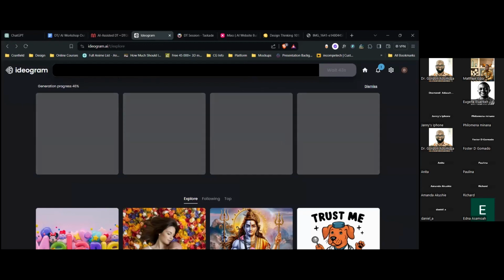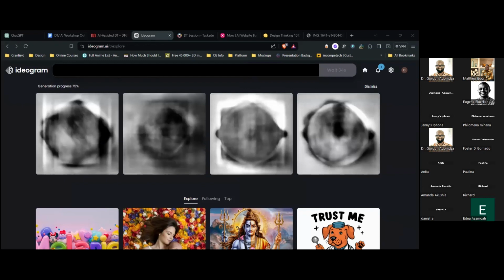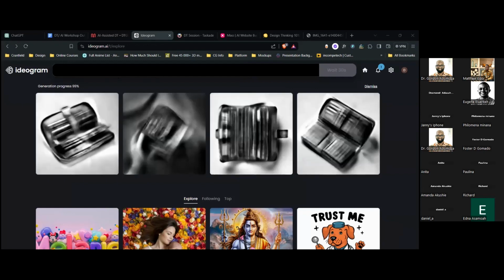So Foster mentioned in the chat, what are some of the ways to incorporate some level of empathy into our prompting skills when using AI in design thinking? Okay. I don't know if anybody, Prof, would have a suggestion to that, but personally, one thing I've seen is that